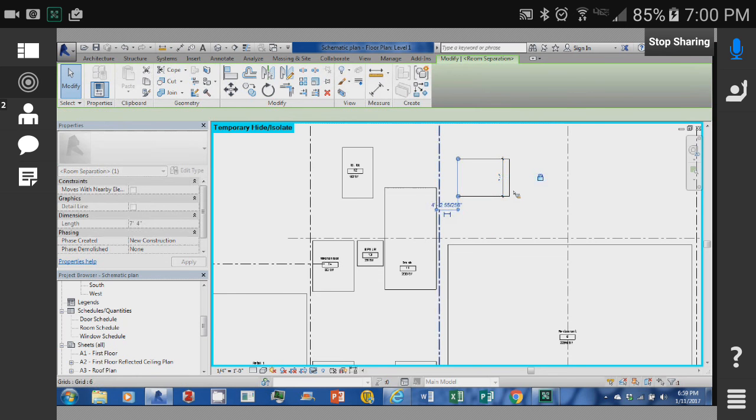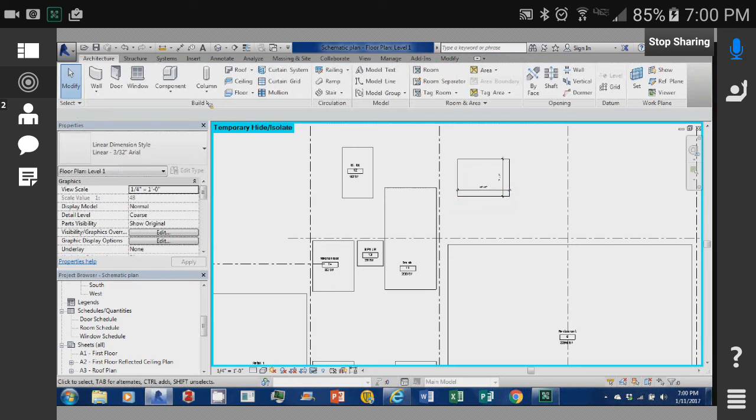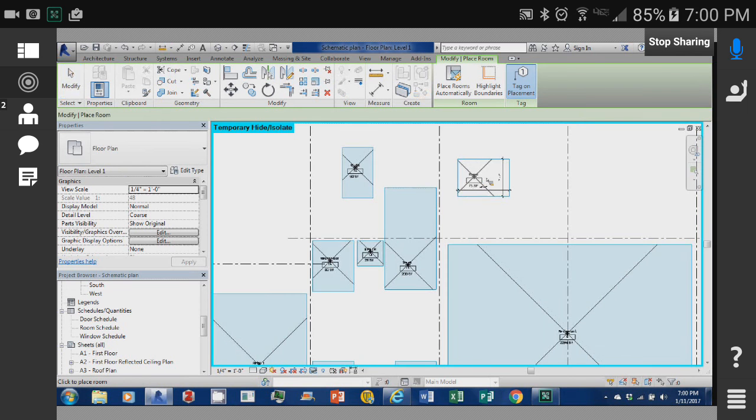It's always going to be, grab that, it's always going to be 10. Well, where's my lock? There's my lock. And I just pull that right up to there. Now that will always be locked in the proper dimensions. Make it a room. Tag it with